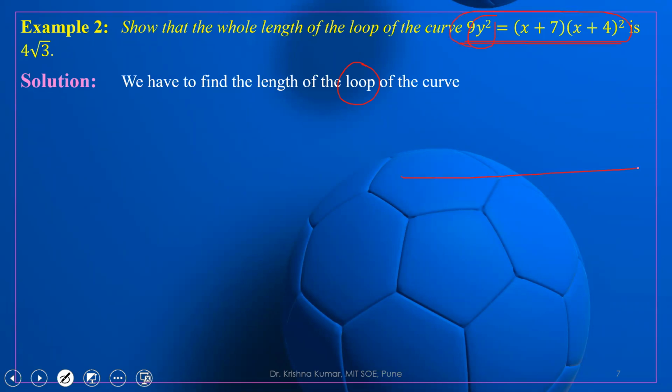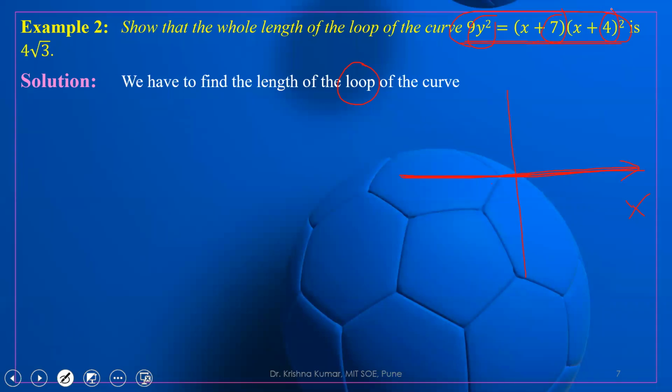So now suppose we draw the curve, this is the x-axis. The given curve is symmetric about the x-axis. So whatever the upper part of the curve is, the same part will also be below the x-axis. Okay. Second thing, does it pass through the origin or not? It does not pass through the origin because there is an absolute constant term. So there is no need to find the tangent at the origin.